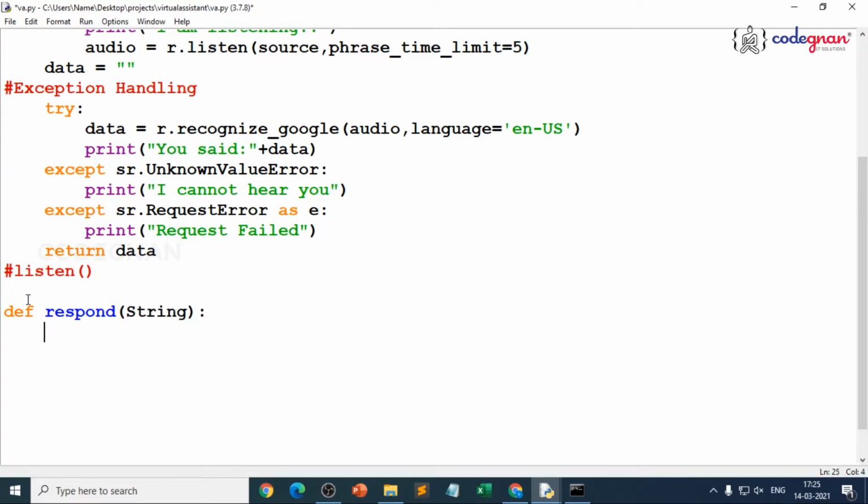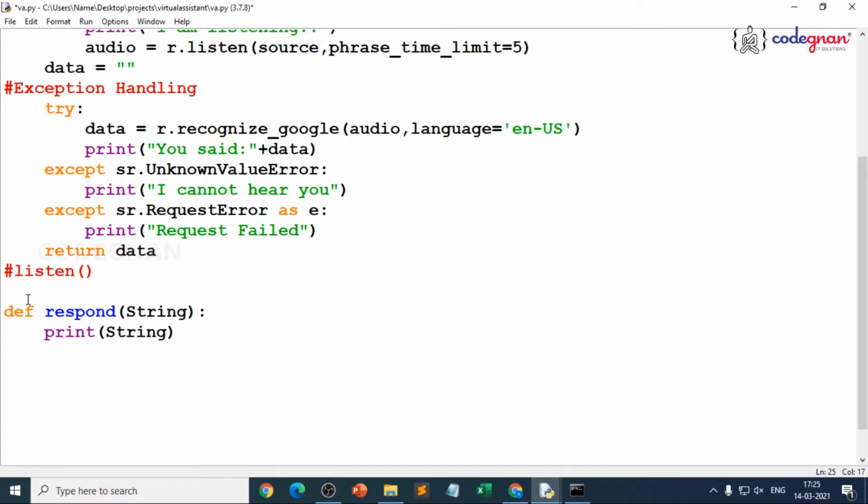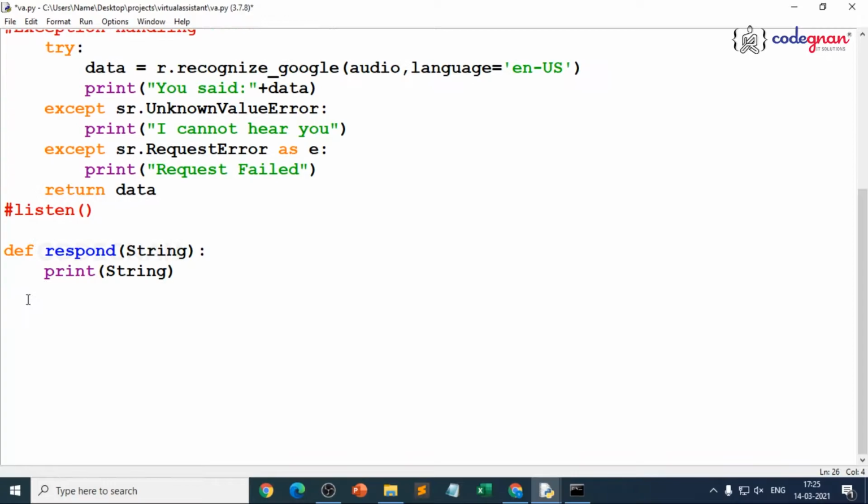So the first thing is you need to have gTTS. Whatever we speak should be converted into text, and it should be saved in that format. Whatever we speak, the audio file will be saved and it will respond automatically. For that reason, I give print of string so that you can see the result over there. Then I need to go for saving the file.